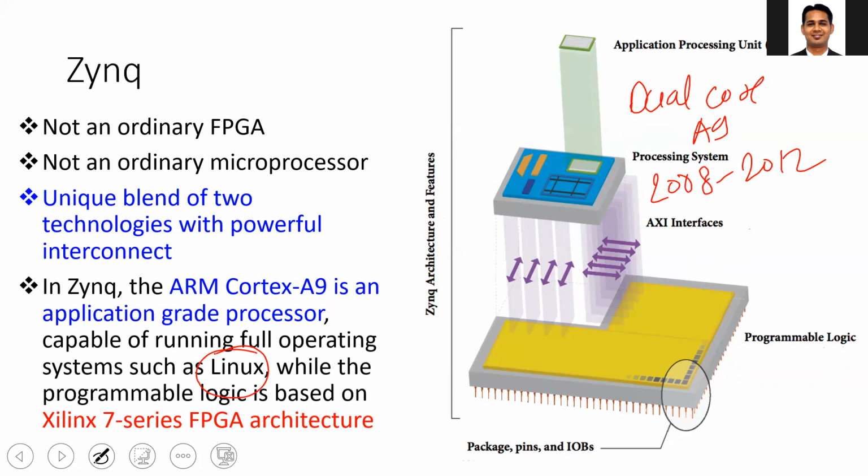Okay, so if you want, you can implement a complete operating system on the Cortex-A9 processor using this approach. We will be discussing it during the lab. But in this course, we will not be implementing the operating system; we will be implementing a simple standalone system. Standalone means it is just designed to perform one particular task by using the simple C++ code we will be writing. And the FPGA is the same as the FPGA we have discussed during the lecture as well as the previous lab. It's a 7-series FPGA architecture.